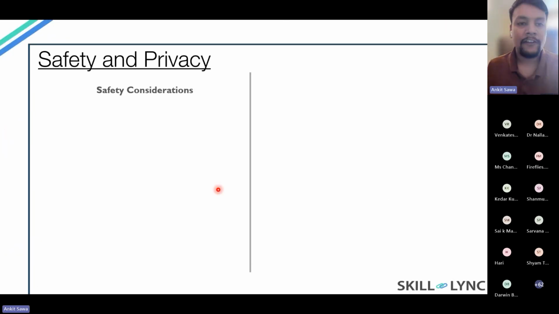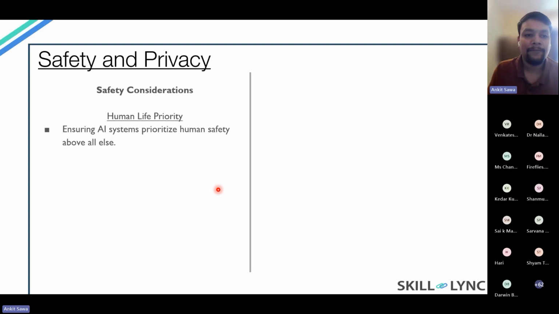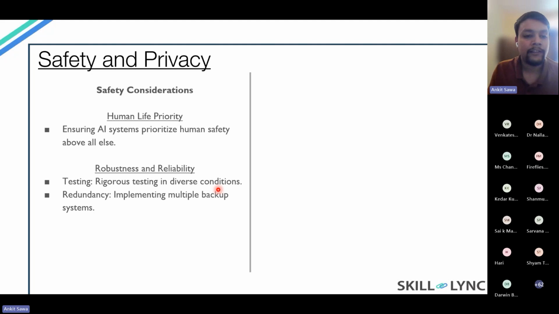We'll talk about safety first, safety considerations. Again, human life is a priority. Ensuring AI systems prioritize human safety is above everything else. Robustness and reliability: we have to test our system again and again so that we know it is robust, and we also have to implement multiple backups at multiple points of time so we know it's